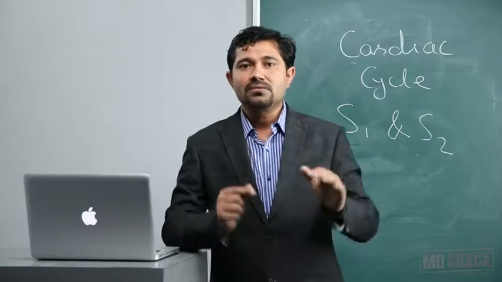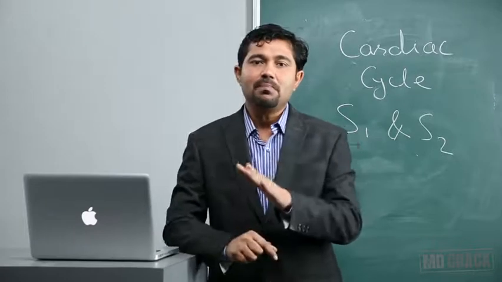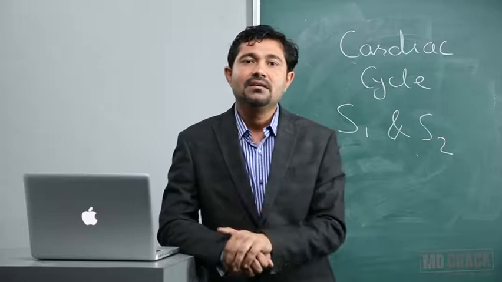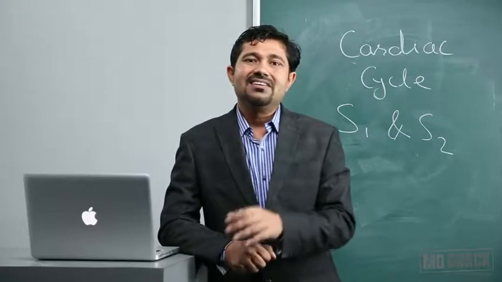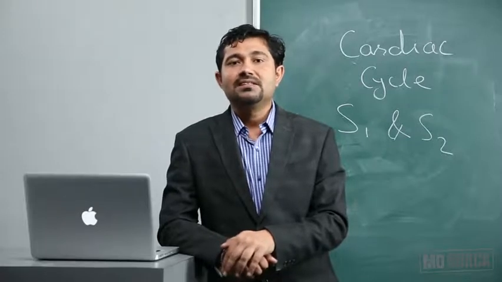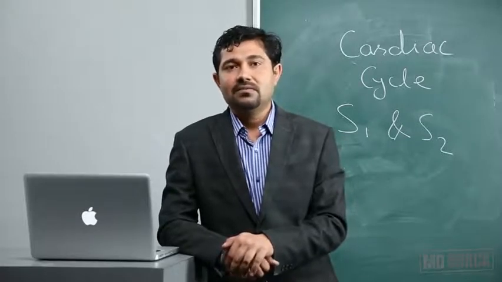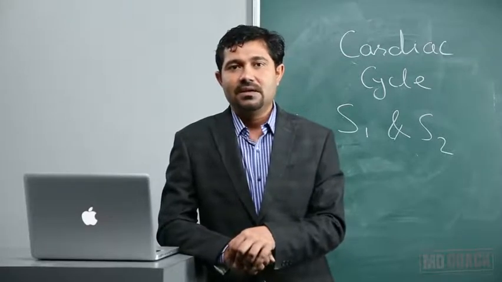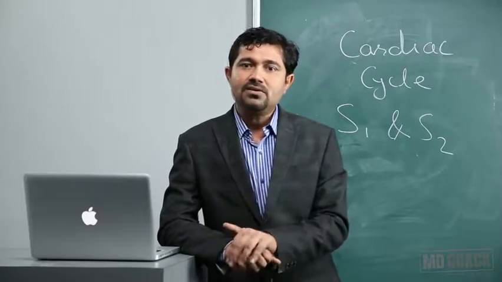Aortic valves will close faster compared to the pulmonary valves, because the pressure in the aorta is more than that of the pulmonary trunk. This slight delay in the closure of the pulmonary valve produces what is called splitting of the second heart sound. This is called physiological splitting of the second heart sound. This is also pathologically important.